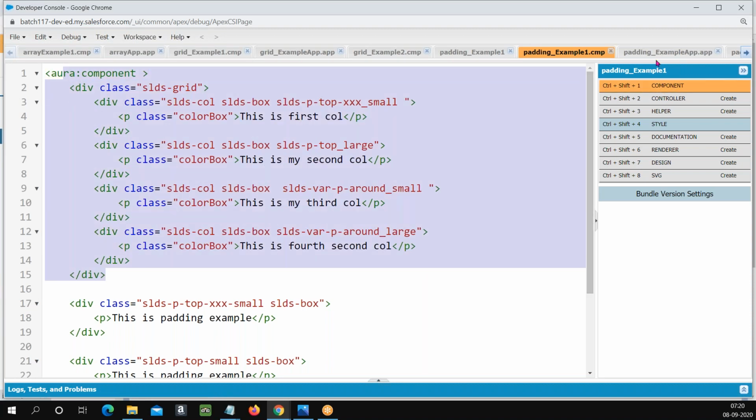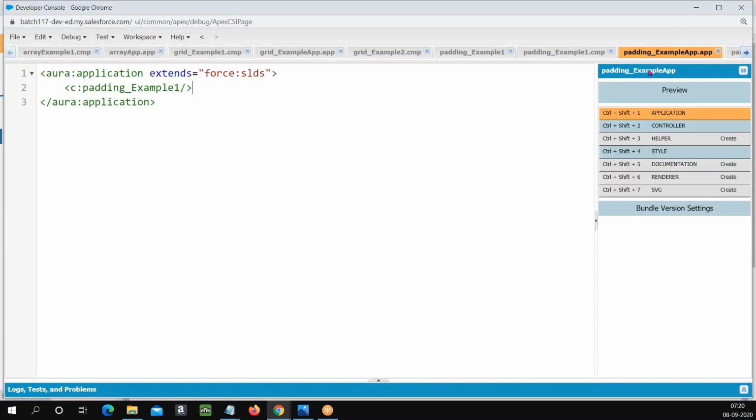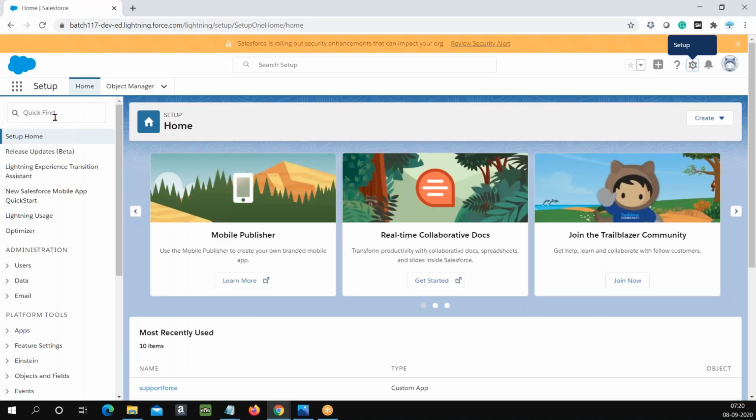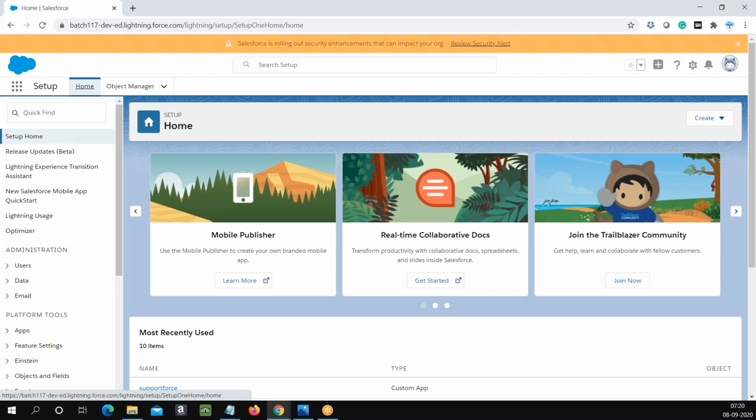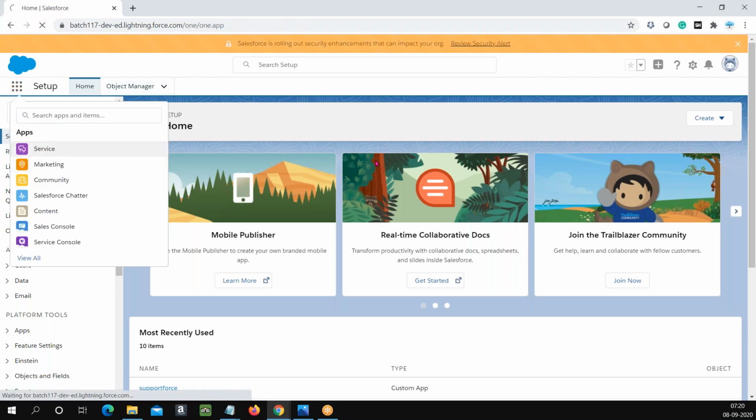You don't have a preview element here, but for an application we have. So an application is used to preview the component, isn't it? And now the component, in order to place the component without an application, you can place the component as part of your home page. When you go to the record, any record page,